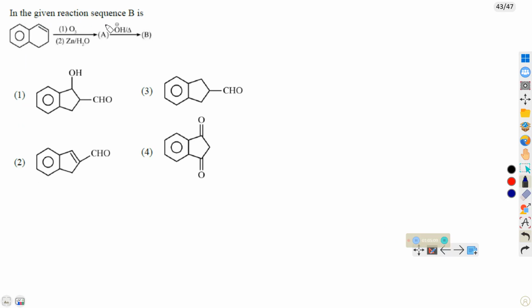In the given reaction sequence, B is alkene. Alkene undergoes reductive ozonolysis. Reductive ozonolysis breaks the double bond, left side oxygen, right side oxygen. Then it gives CHO, CHO. After that, in the presence of dilute base